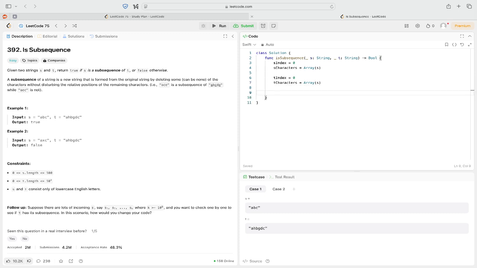And then we just need to traverse. Just need to move the pointers. So we're not going to use a for loop. We're going to use a while, maybe,